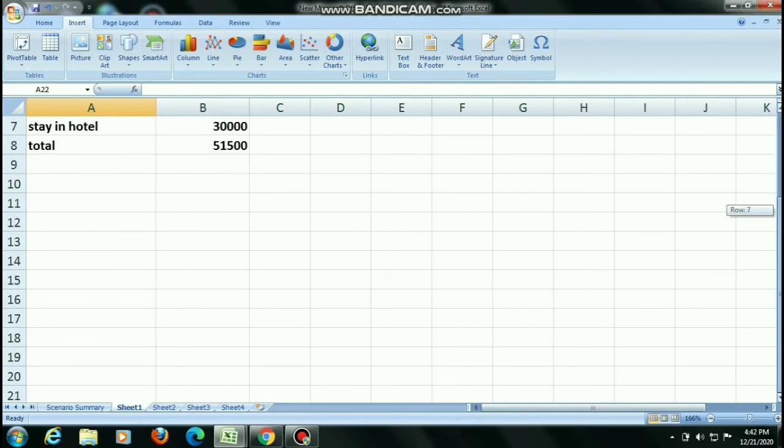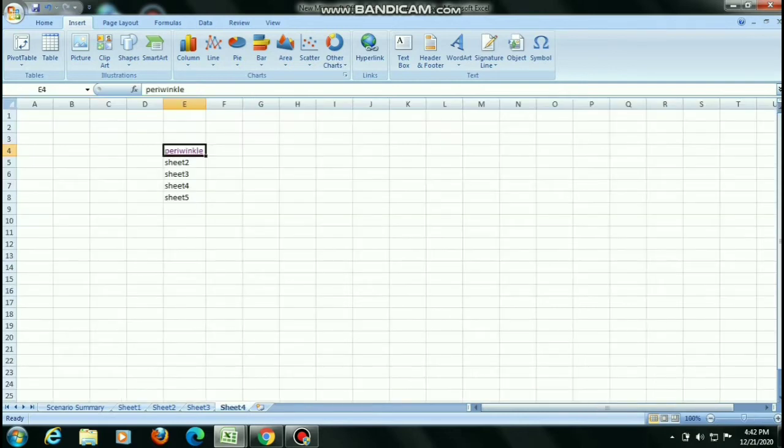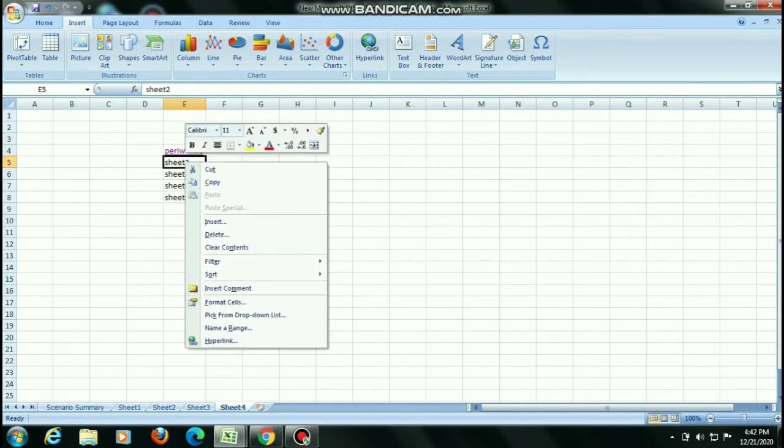The hyperlink is created for the same sheet, but if I write 22, then your cursor will blink on the 22 number cell. Okay, so this is how we can create a hyperlink. So again I will tell: first select it, right-click, and then in the right-click menu you will check here the Hyperlink option.